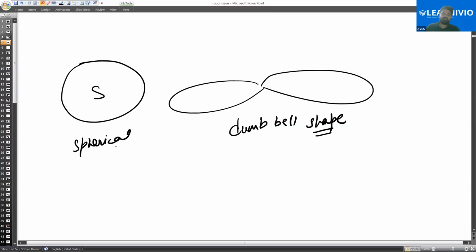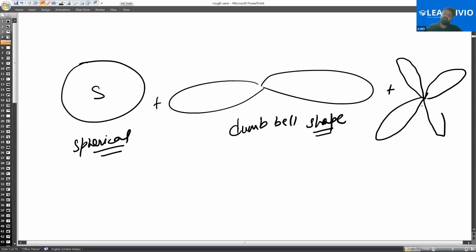Okay. It is spherical in shape. उसके बाद next one is the d orbital is double dumbbell shape. D orbital is double dumbbell shape like this. Yeah, d orbital is like this. So as we keep on moving, what I'm going to tell you here is that, like for example, in CH4,